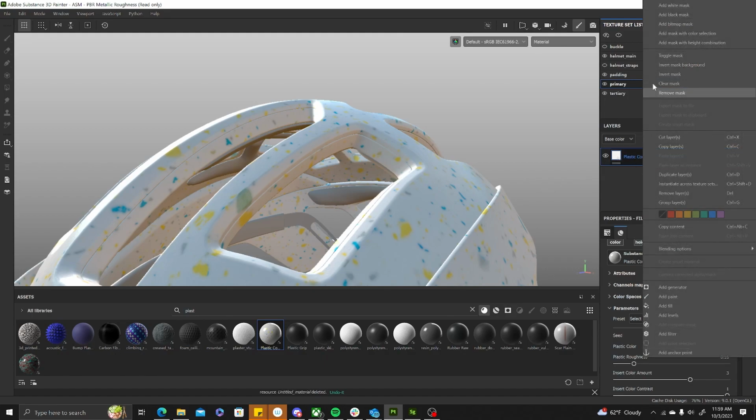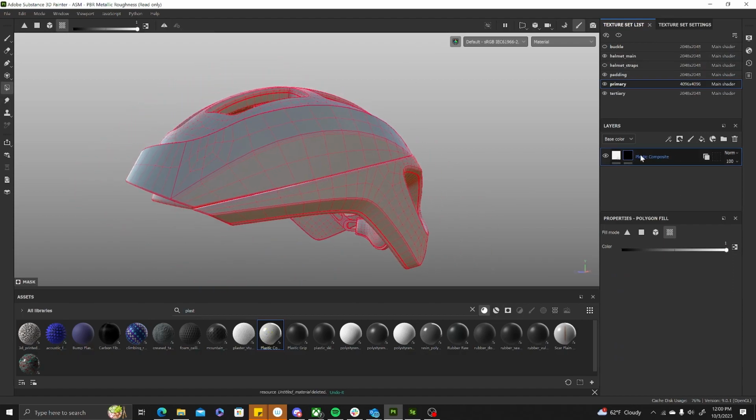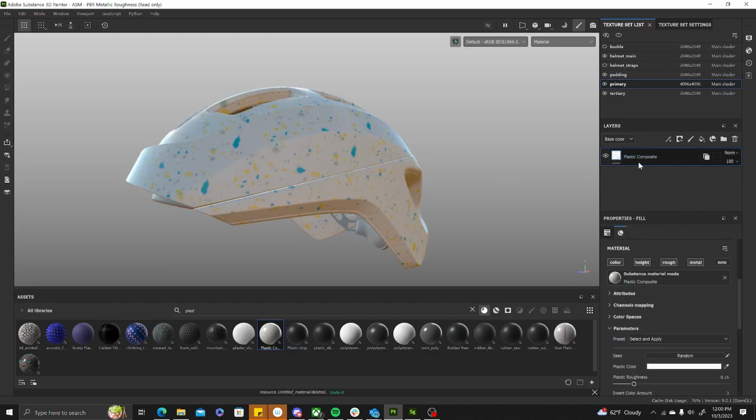So I'm going to go ahead and apply a mask here because I don't want this confetti material to be applied across the entire form here. I just want it on the exterior shell. So with that mask applied, you'll notice that the default setting that I have here with these instantiated materials, it's not going to work because it's going to apply a mask to both the base form and to that secondary